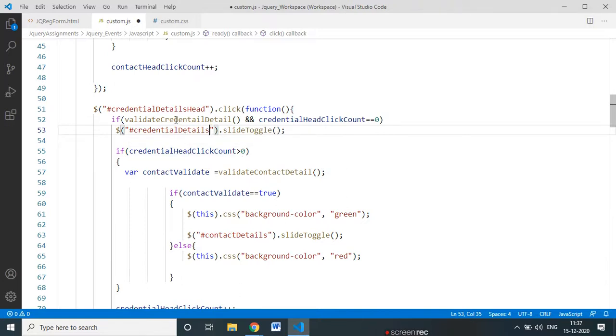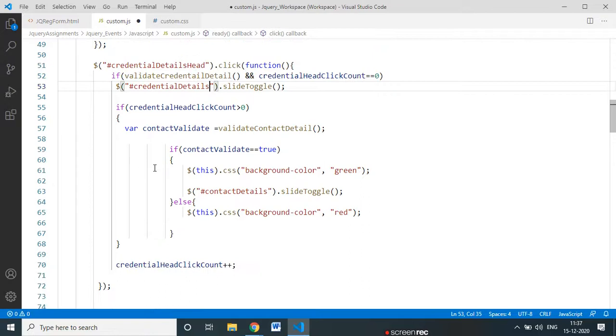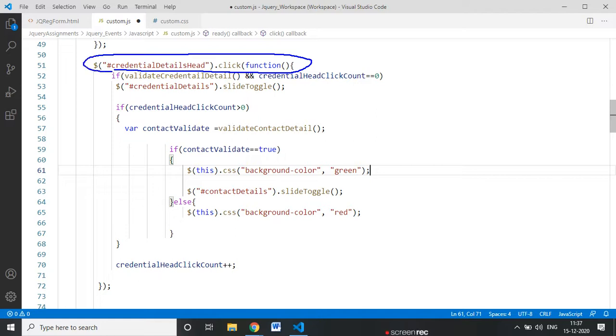Next time, see, once it expands, just consider that initially I click on the credential details head, but the count is 0. Am I right? Count is 0. Then it will expand the credential details section, and it will not go here because count is 0. This condition is false here, so it will directly jump here.